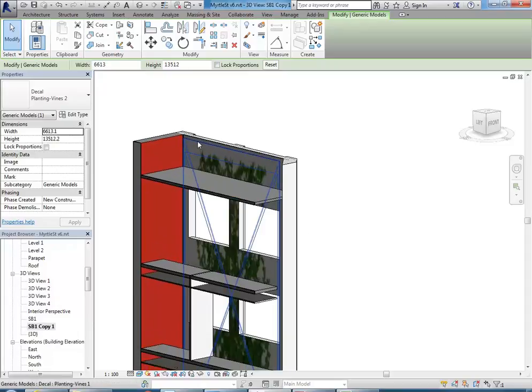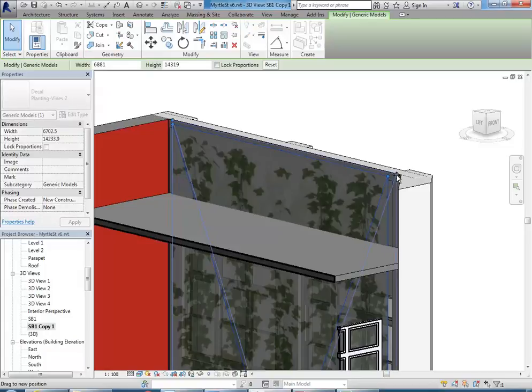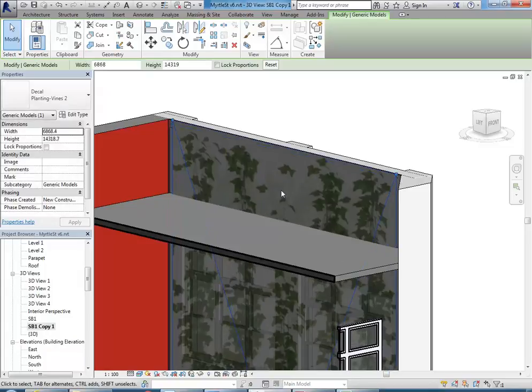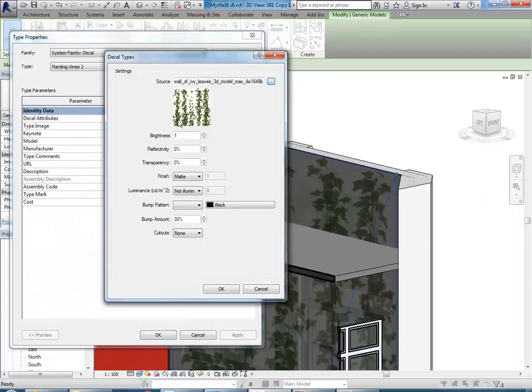So the last thing I wanted to show you there with these decals is that you can make them cut out just like you can with the material. So I want to make it transparent around all the leaves. So back to edit type, edit, and then you can see here you've got this option cut out. And you can set that to image file,